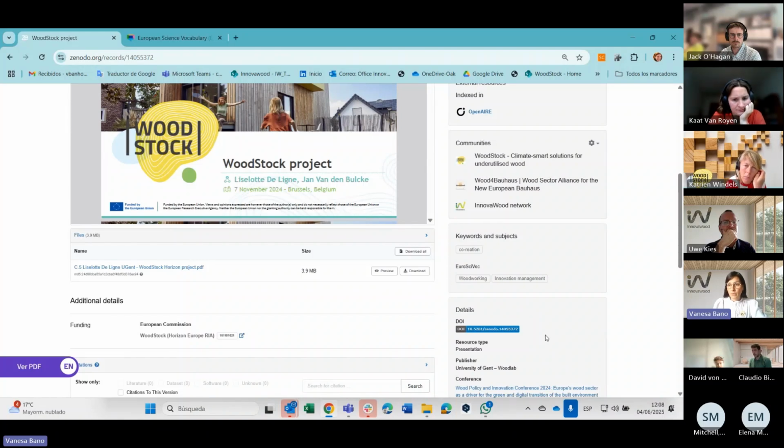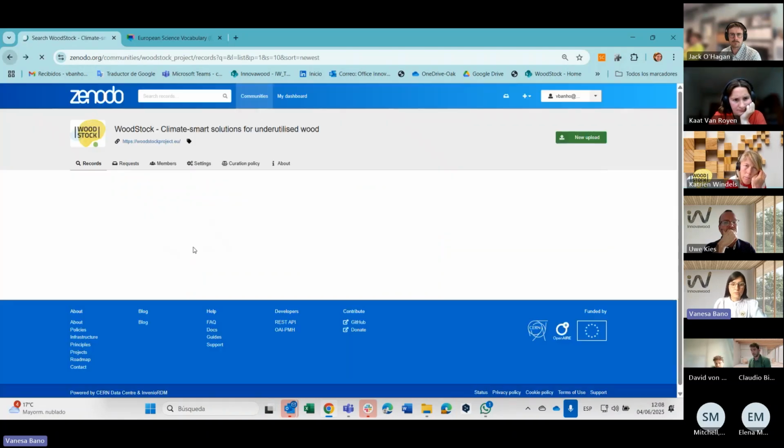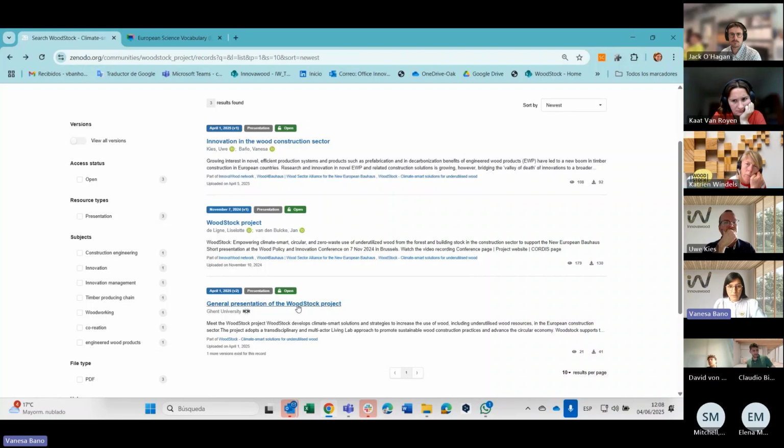So we need to remove one of them, or at least restrict one of them. Maybe, I don't know, we need to talk about what we prefer to maintain. Probably this one, which was the first one. We cannot remove it, but at least restrict the access to this one, to not have two identical documents